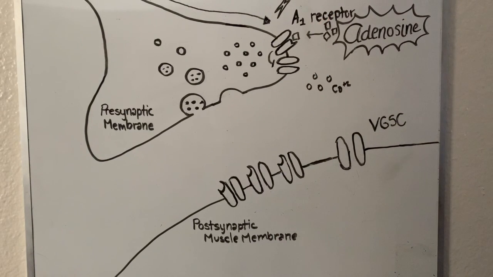Adenosine A1 receptors are present on the presynaptic terminal, and when they are activated by adenosine, they inhibit PQ-type calcium channels via a Gi transduction pathway. Activation of the Gi pathway inhibits adenylyl cyclase's ability to convert ATP to cyclic AMP, and decreased cyclic AMP levels decrease the signaling abilities of protein kinase A, or PKA. Decreased PKA and cyclic AMP levels inhibit the functionality of PQ channels.